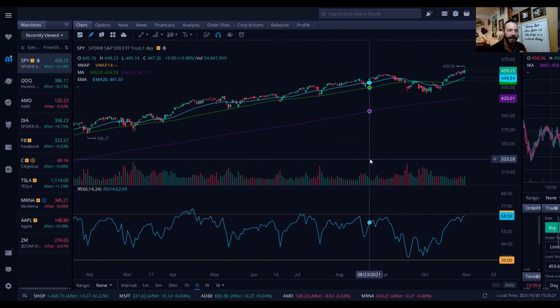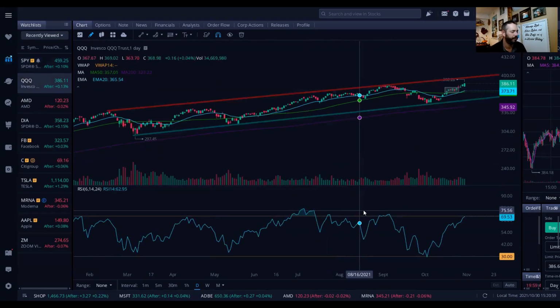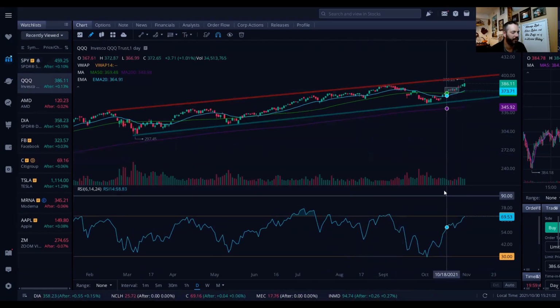So that, to me, really suggests that we are in just an amazing bull market. And there's no reason to be bearish at this point. Something like that, these big, huge companies like Apple and Amazon that have such a big weighting on the overall index, to have the index hit all-time highs on a day like that, to me, that is just very bullish. So that's the SPY. Taking a look at the Qs,